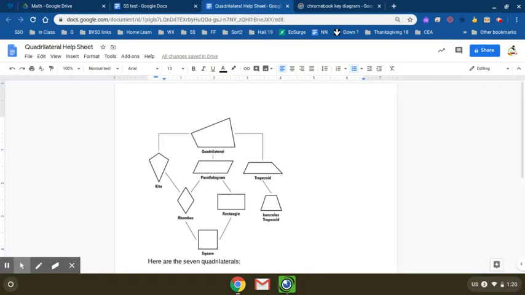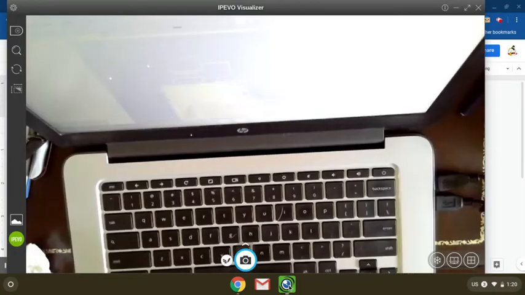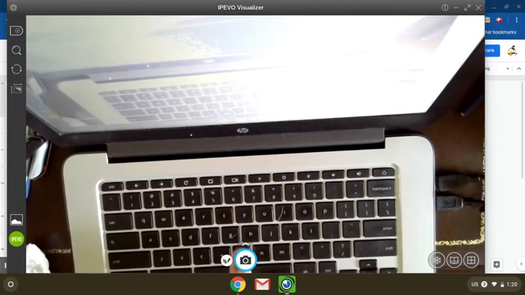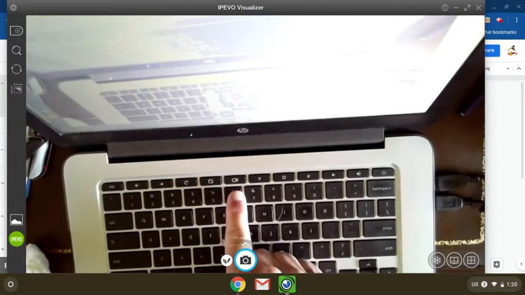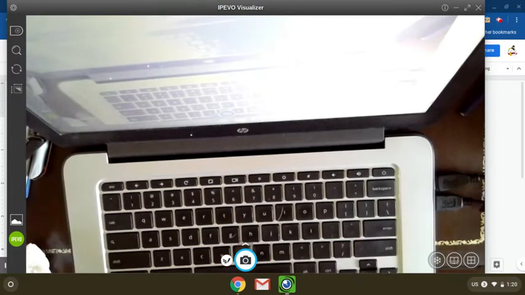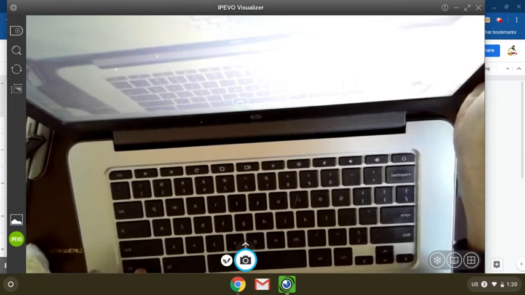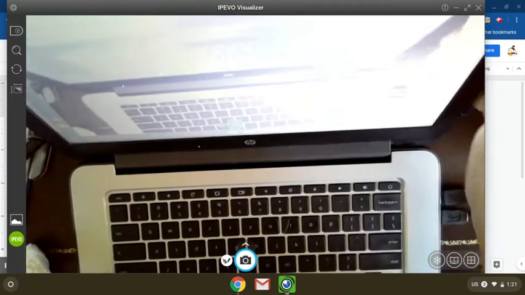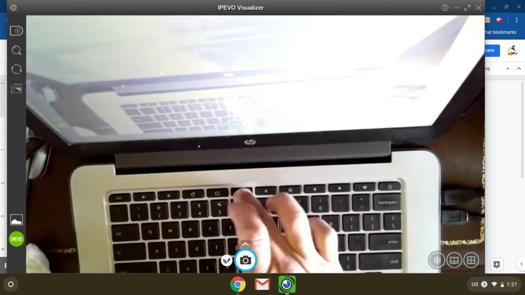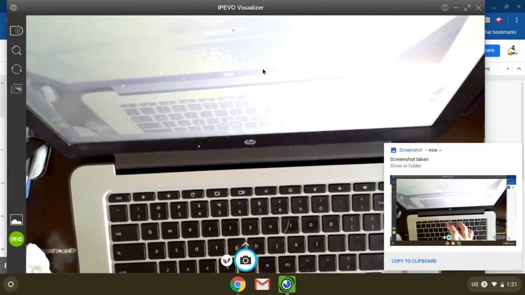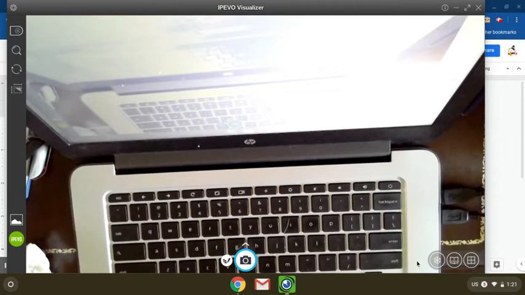Okay. So first I go to my keyboard. The Switch key is right there. That one. I'm going to hold down Control and I'm going to push the Switch key. That's what shows up. So down here it says Copy to Clipboard, and I'm going to push that button, Copy